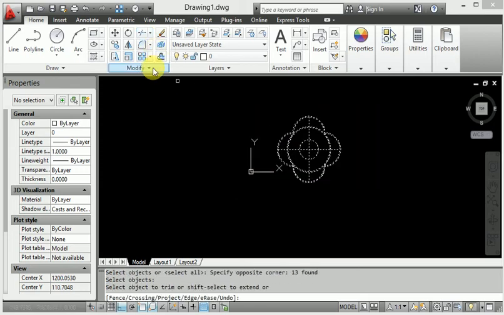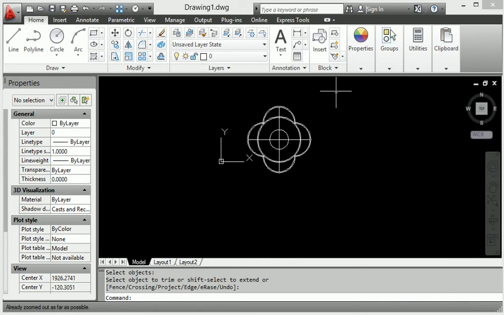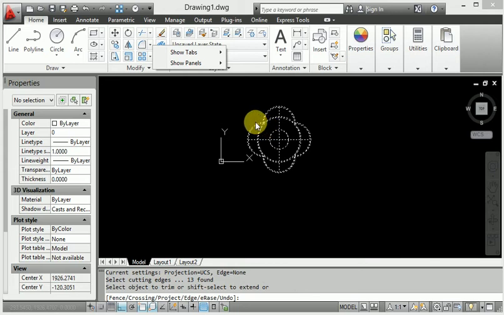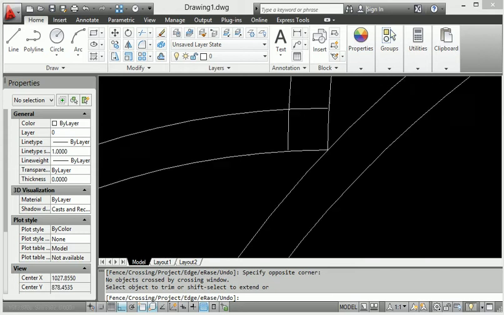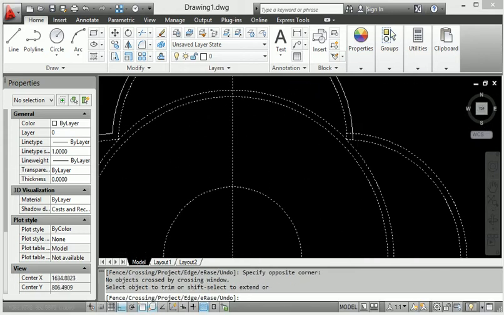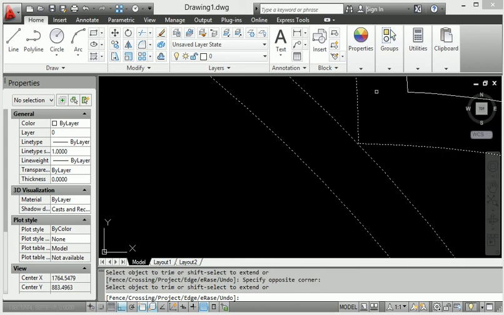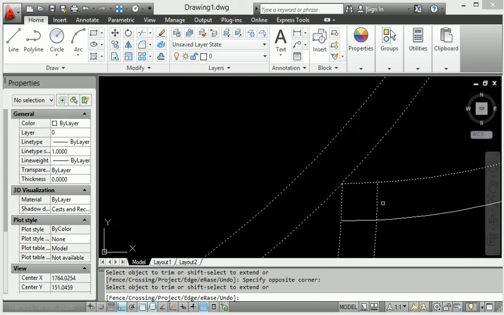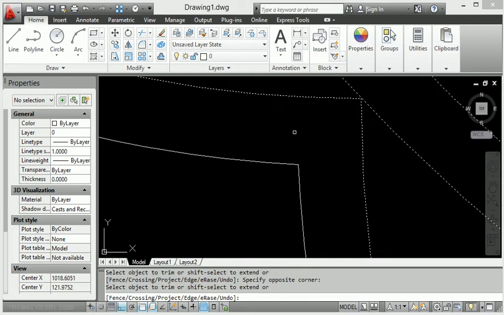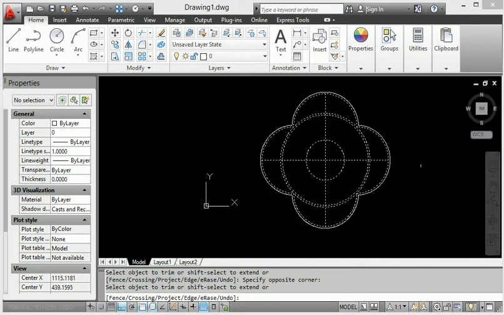So first of all click and enter. This one is trimmed here. Then I go to trim a particular line, this one. Again this one I have to trim. Then also I trim here. Okay, so it is complete.